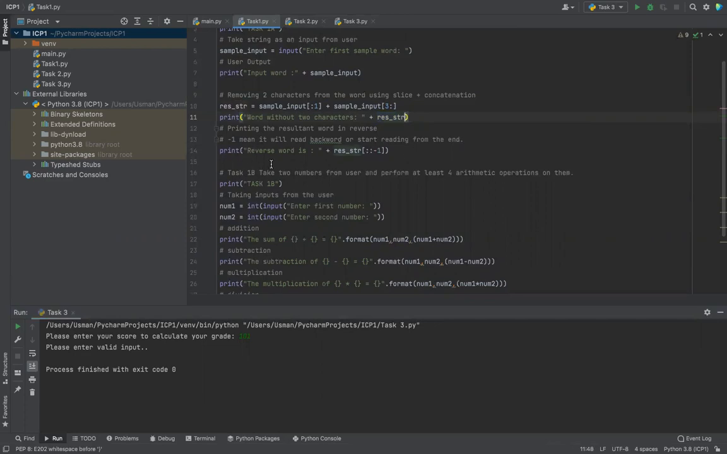And then after that I will reverse the resultant word into reverse form. So -1 means it will start reading from the end character of the word. And in task 2,